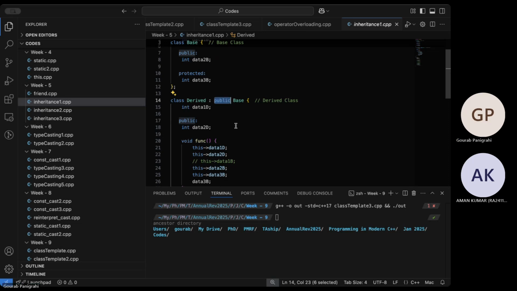Because if you go like a chain, then the inheritance becomes more important. Then you'll see in the later inheritance. Yes, that's correct.